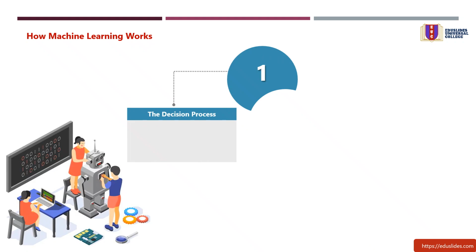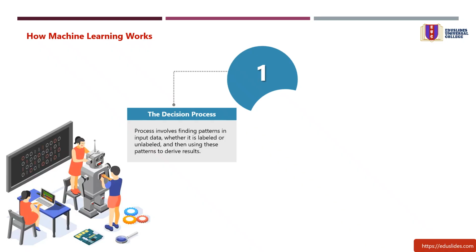Stage 1. The decision process. Machine learning models are designed to recognize patterns in data and use these patterns to make predictions. But how does a model make these predictions? The basic process involves finding patterns in input data, whether it is labeled or unlabeled, and then using these patterns